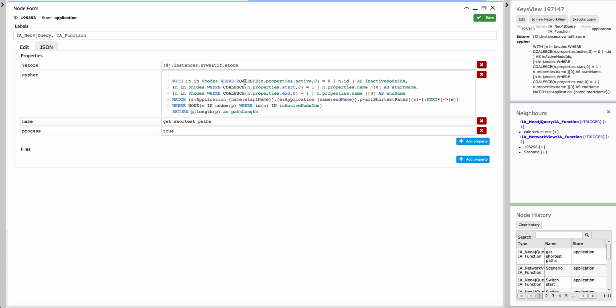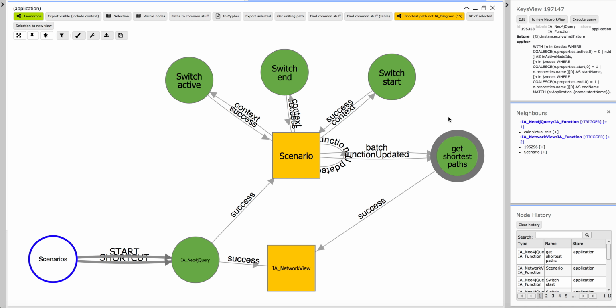visualization, and it checks whether the properties in the visualization are set to active 0 or 1. And then once I have the active and the inactive nodes, the start and the end, this is basically where it gets all the shortest paths, which is a Cypher statement, and I run it with a predicate where I exclude the nodes that are not in the active nodes. And when that is returned,